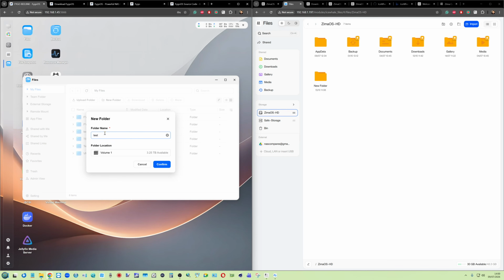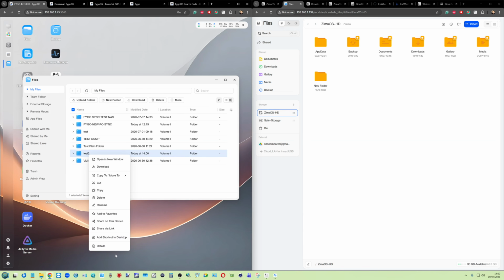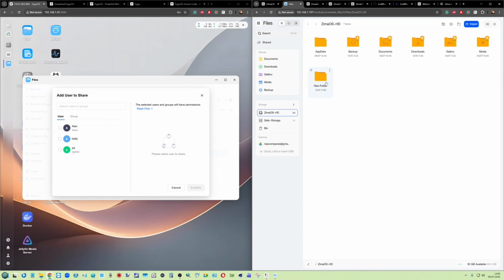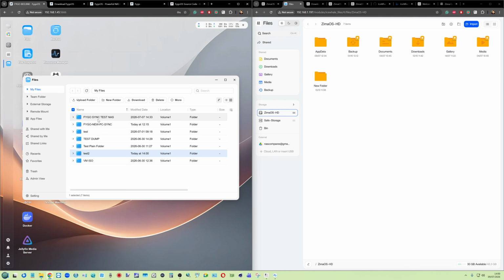So if we create a folder here on this side, again, we'll create a test folder there, test folder 2, and there we go. We've got the options, and we can add and share the drive, and all that usual stuff is there for sharing our files, be it on Samba or any one of the different users on the local area network, or externally if you are creating remote access to these. But I think it would be fair to say that if encryption's your bag, at least in terms of folder level encryption, ZimaOS does have that extra